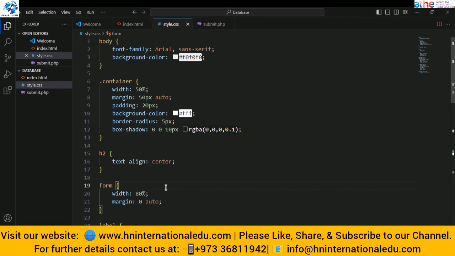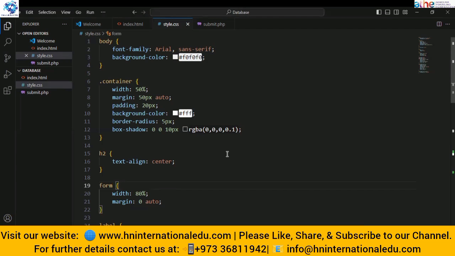So in the last lecture, I told you how we can create HTML and CSS, and that was the last and most important part, how we can connect the database with the front-end server.